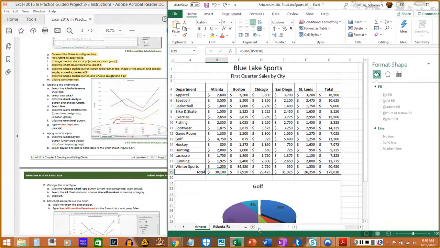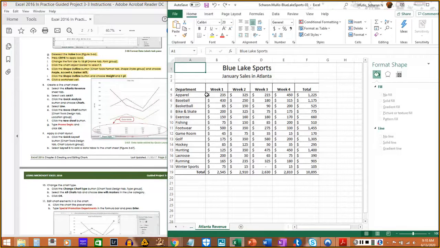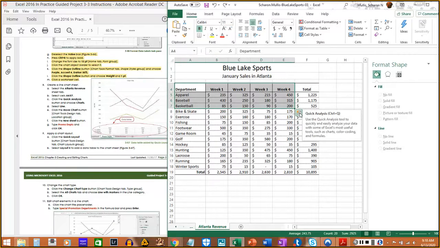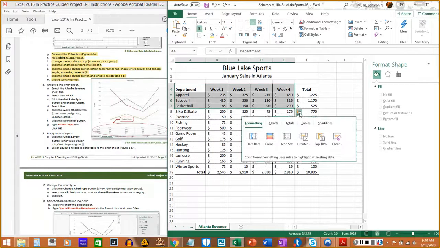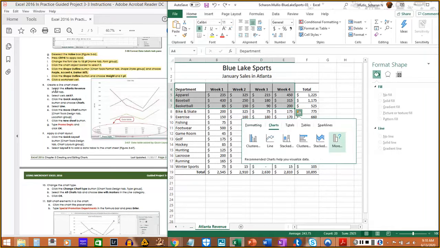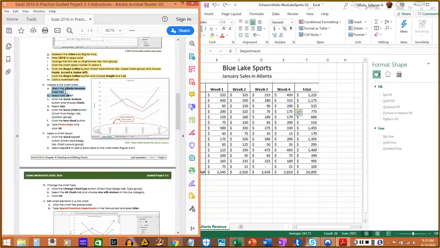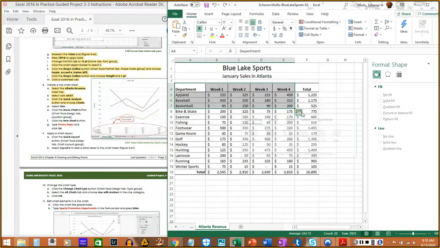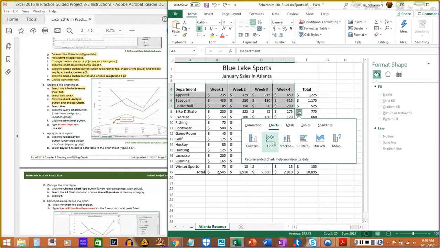Alright, and select A4 to E7. Alright, quick analysis, charts. Line,